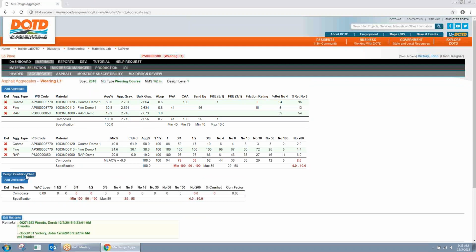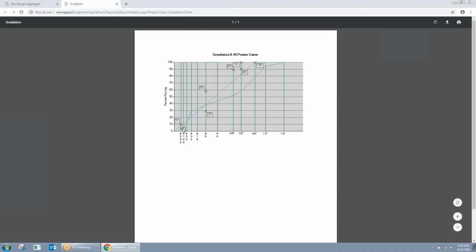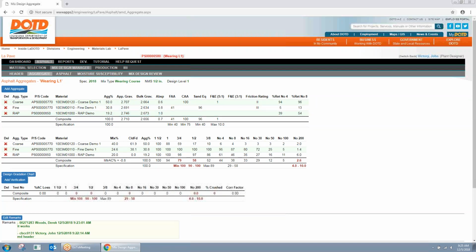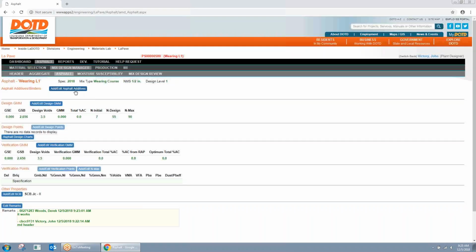And this is just the design portion. I just added the charts, so check that out. So aggregate design, then they'll do the asphalt design. When they go to input